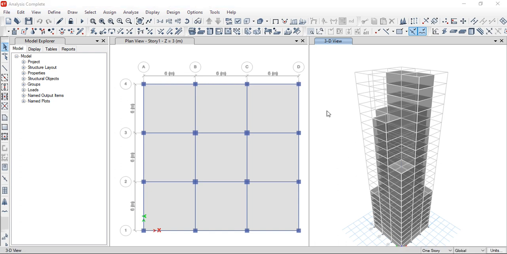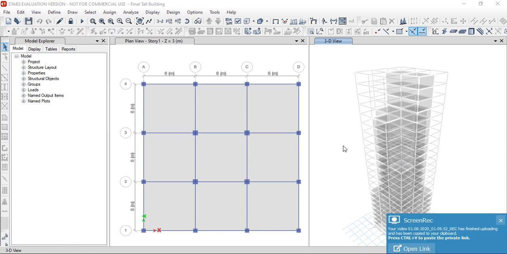Once it is passed, we can check under the design section to verify whether all the members have passed the design check or not.